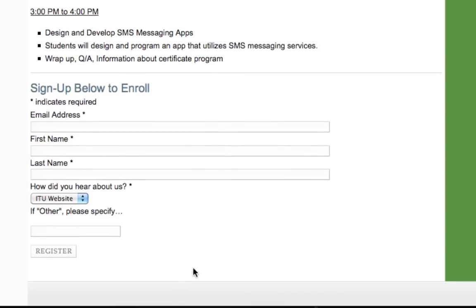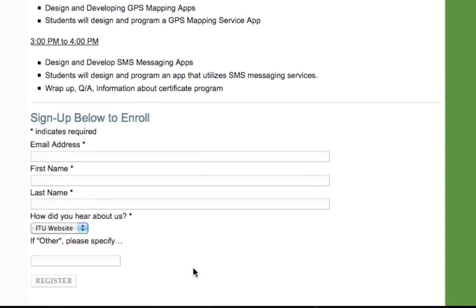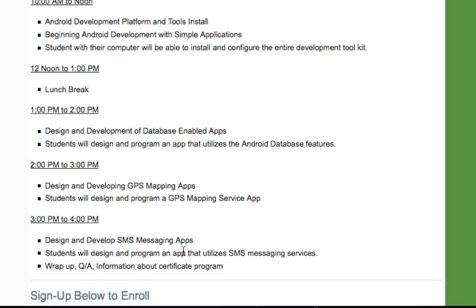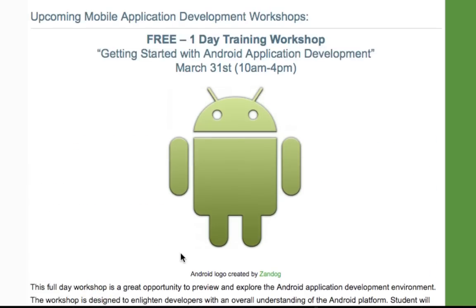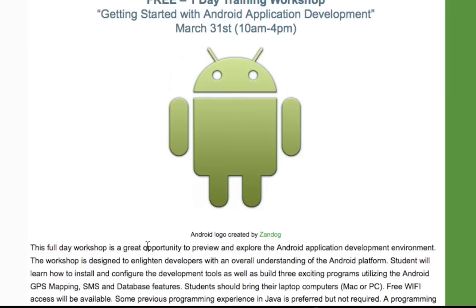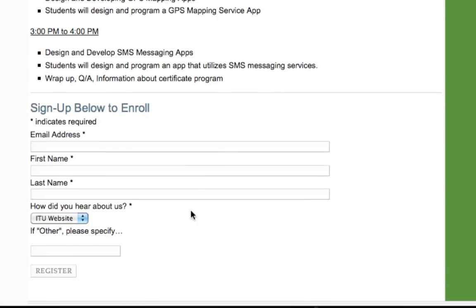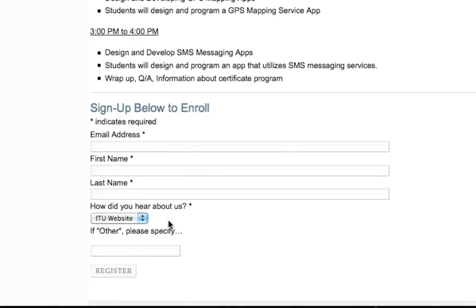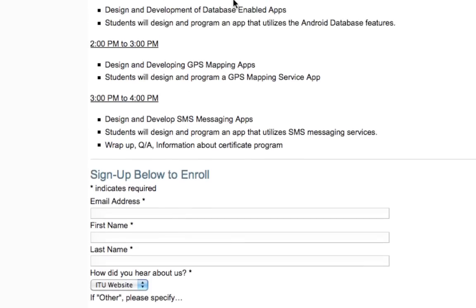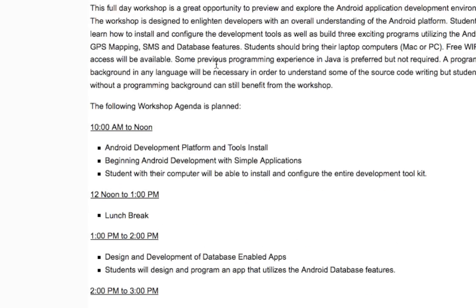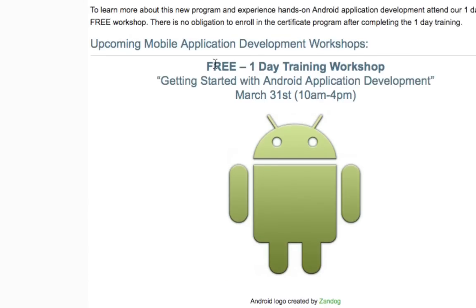There's no fee, there's nothing to pay, there's no marketing, sales stuff. This is a fairly easy enrollment into the workshop. But it is advisable, just in case we fill up to capacity and we're not able to accommodate everybody. If you have pre-registered using this pre-registration form right here at the website, you're guaranteed admission. So we're not going to turn you away. So that is basically everything about the workshop.